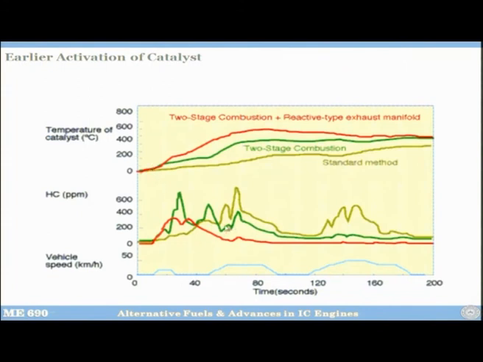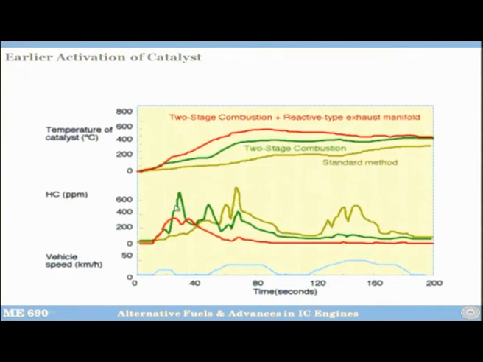Then what you do is you do two-stage combustion. So, once you do two-stage combustion, then what will happen? The exhaust gas temperature has now risen from 200 to 800 degree. So, the catalytic converter's temperature will start rising, and I think within like 50, 60 seconds is what it takes, and then you see the temperature will be almost 400 degree centigrade. So, it will get activated here, 250 degree centigrade. Let us look at the HC emissions.